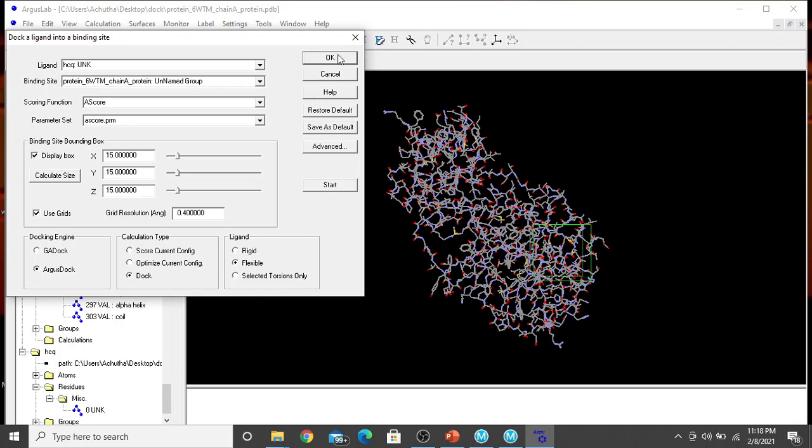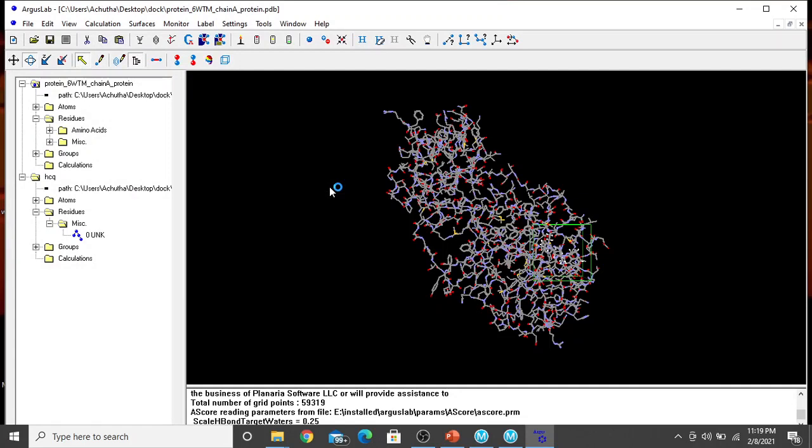Don't click OK, it will not run. Then you have to again repeat the calculation. Okay, click on start. Okay, here it will be showing the thicknesses. Okay, the best ligand pose energy is minus 7.13598 kilocalorie per mole.